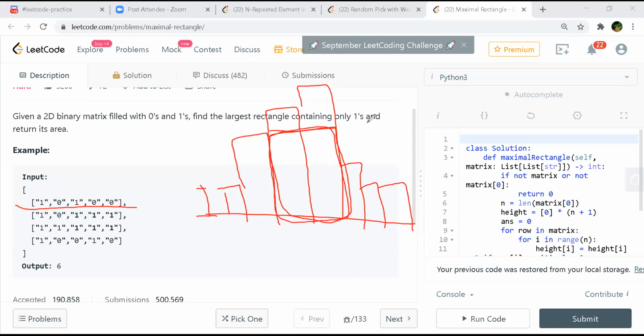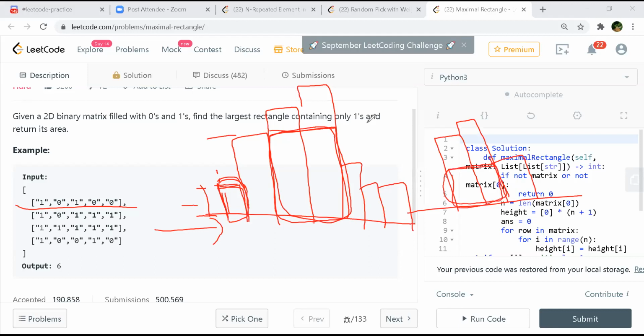You are given the height of this rectangle, height of this rectangle. From this side, you go and check, if you are at this one, what is the maximum height greater or lesser than this. You check till which point you get a height which is lesser than this height. If this is a rectangle and this is a rectangle, you will stop here, because this much area you can get. So you will always search for a height which is lesser than this height. Then only you can get the common area, right?